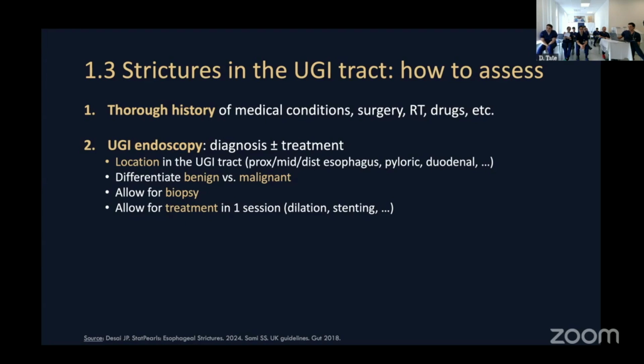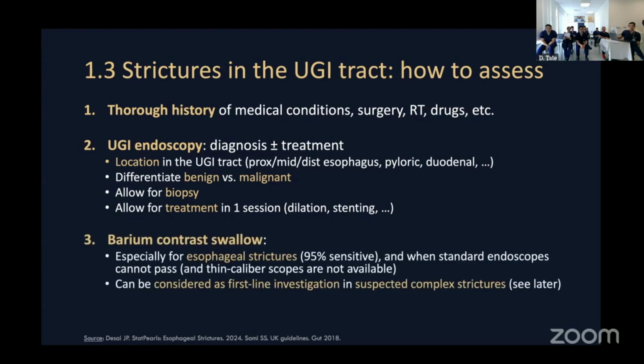Yeah, I think that's most you can get out of the endoscopy. You can also do a barium contrast swallow for esophageal strictures. It's quite sensitive to diagnose this, and this is also useful when a standard endoscope cannot pass and you don't have a